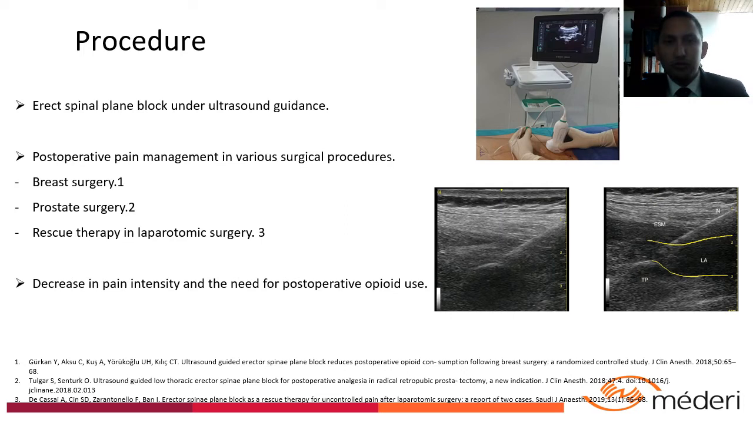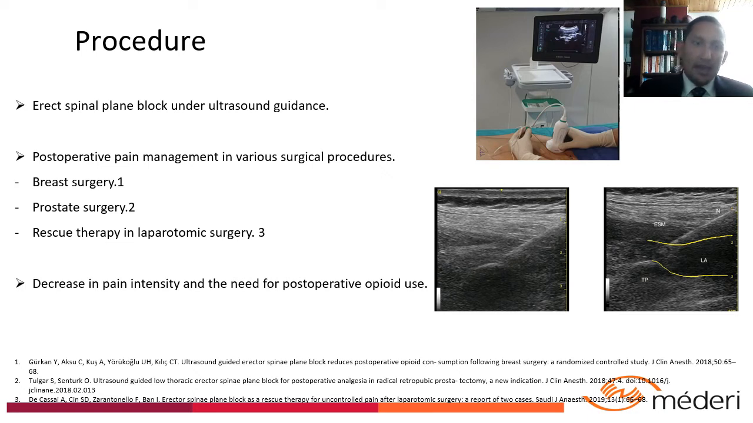Erector spinae plane block under ultrasound guidance is a procedure in which we place the transducer against the vertebral level in the prone position and move approximately 3 centimeters lateral to the spinous process. The erector spinae muscle and transverse process were then identified, and a needle was advanced through the interfascial plane between the erector spinae and the underlying transverse process. Thereafter, the local anesthetic was administered into the space. This procedure